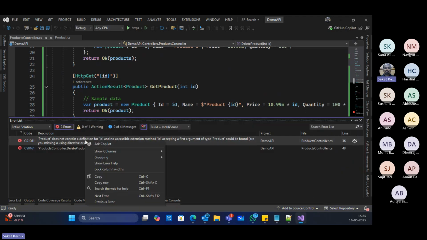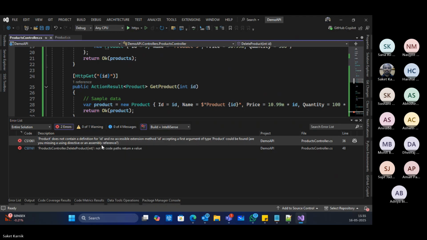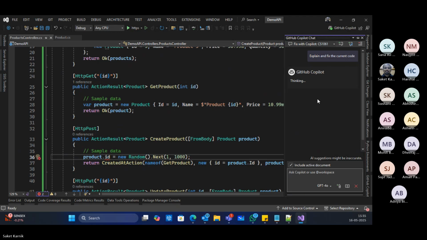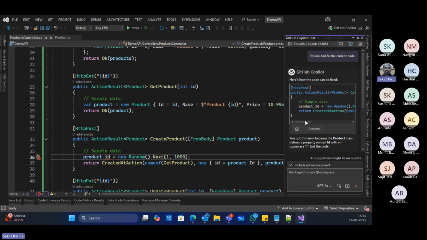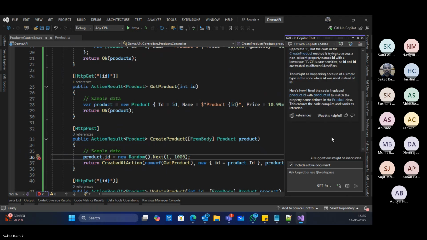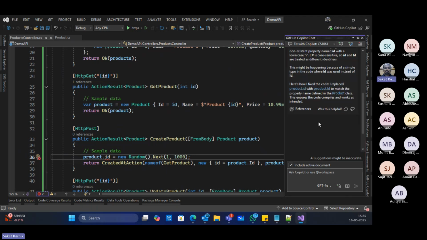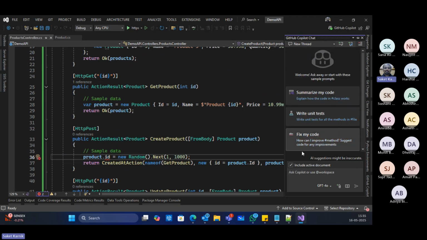Here we have it. I can right click here and say ask Copilot, or I can use the fix my code option also. See, why this error, what is causing this error. All details are here.